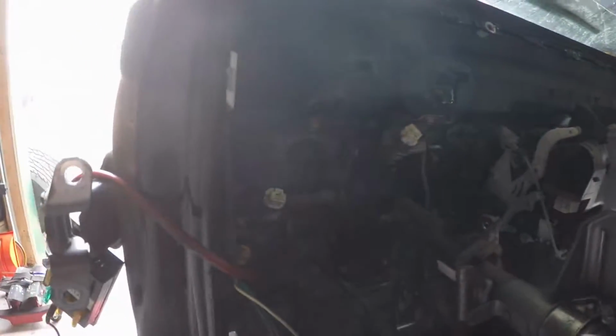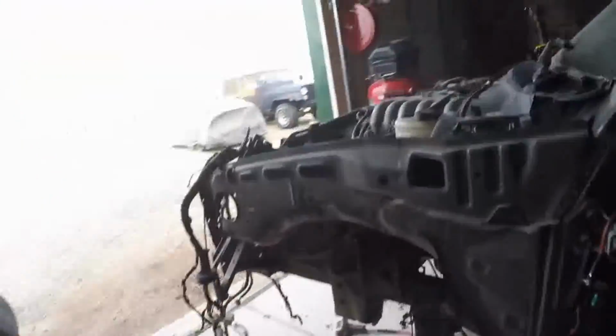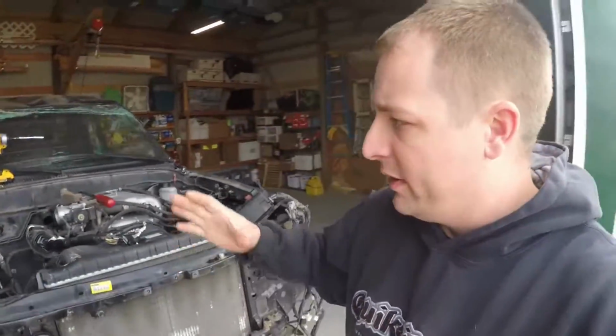I yanked all... I don't know if you can see in there. Can you see in there? Yes, you sort of can. All the wiring is out. Woohoo! Even my wiring, except for this one wire here. I got to get that block out. But anywho, all the wiring is out. So that's freaking awesome. So I started getting into it because I was like, oh, I'll get the interior,